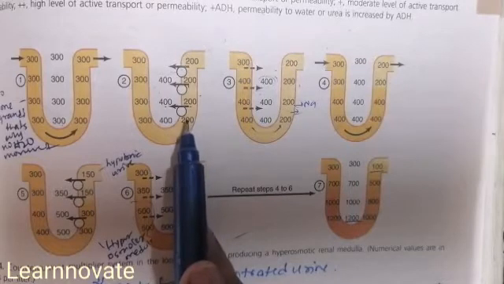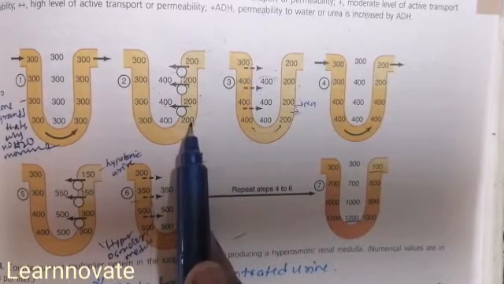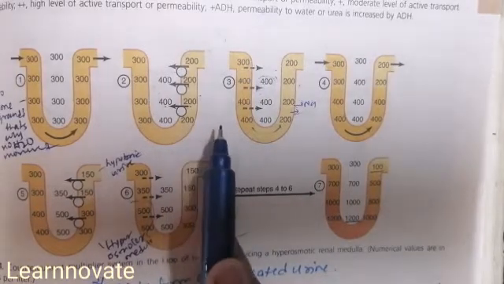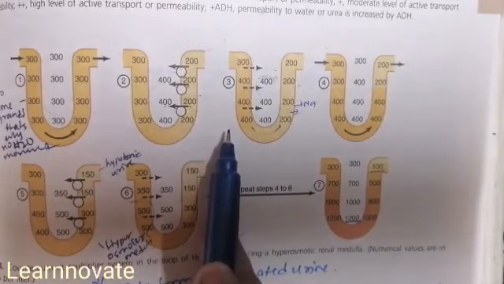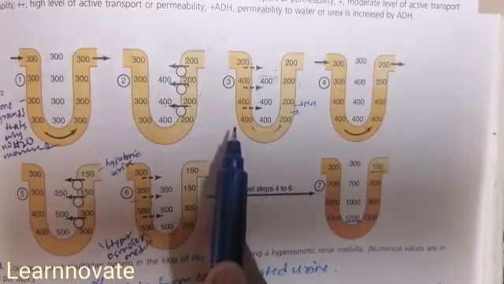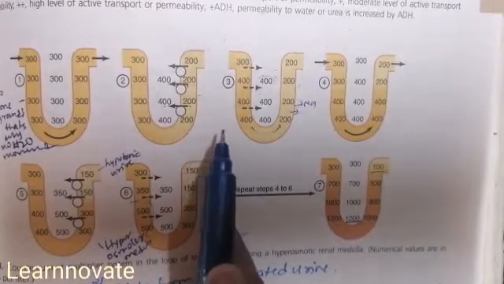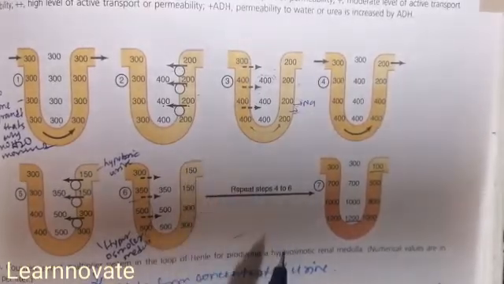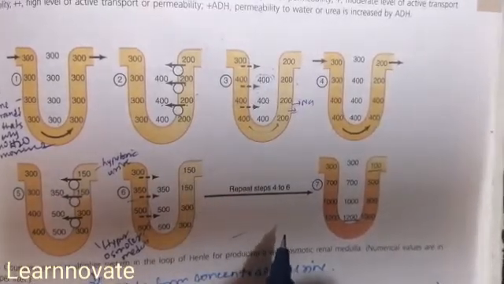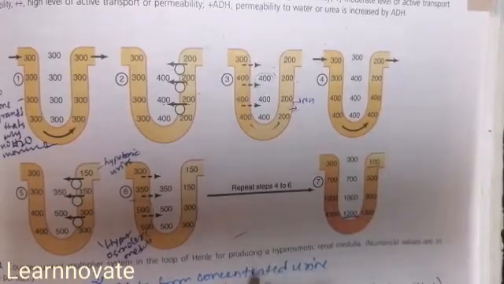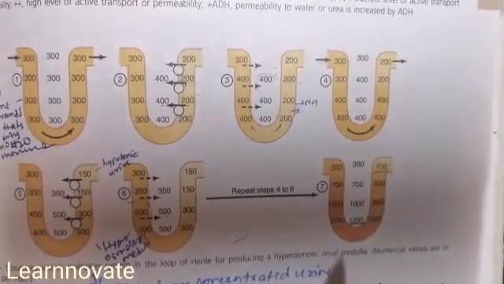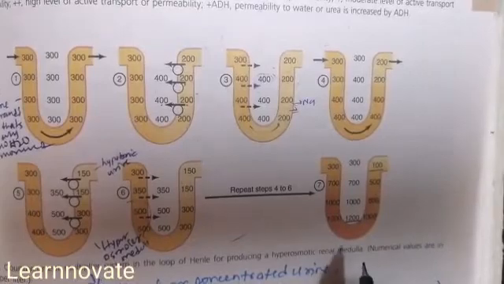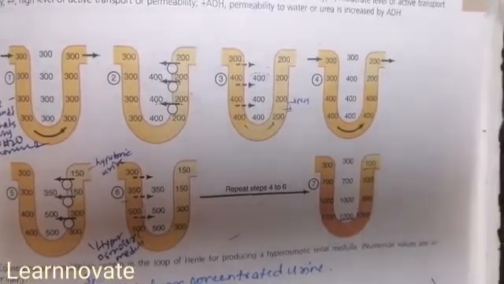Now how is this hypertonicity of the medullary interstitium maintained to prevent dilution of urine? The medullary interstitium is maintained through the vasa recta, the blood supply going to the loop of Henle, which we are going to discuss later on. But in this part of the video, we will discuss the countercurrent multiplier, also called the countercurrent exchanger, which is due to the U-shaped loop of Henle.